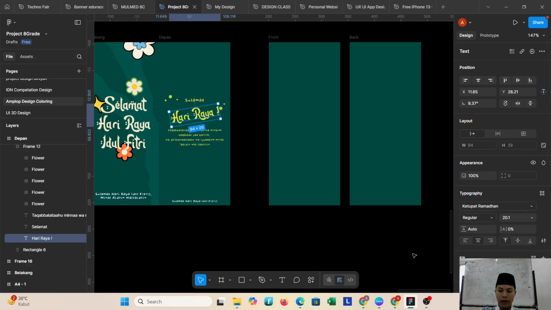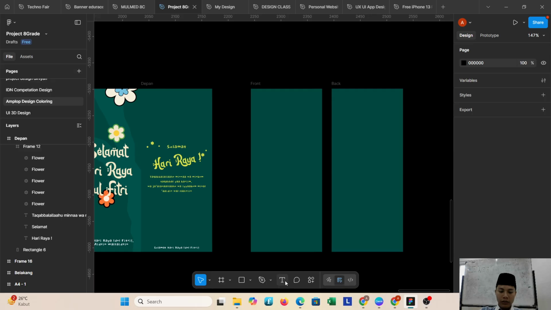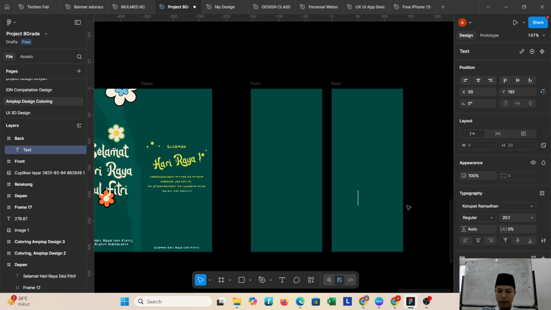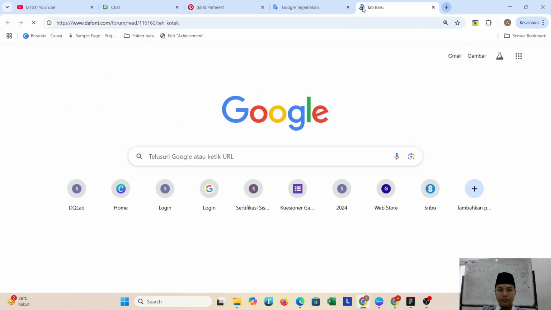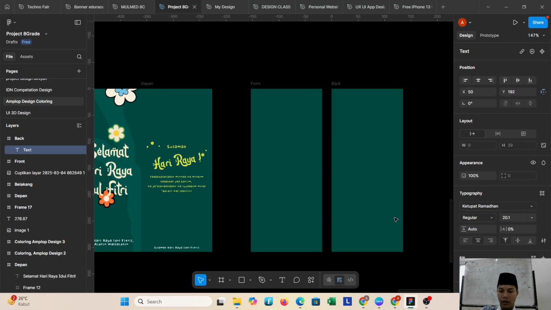You can get the font by searching Google for the font you want, then download it and export it to Figma.